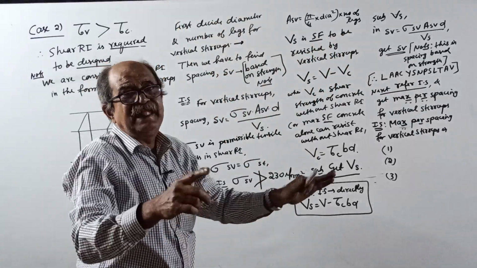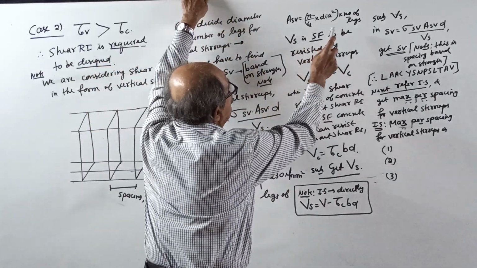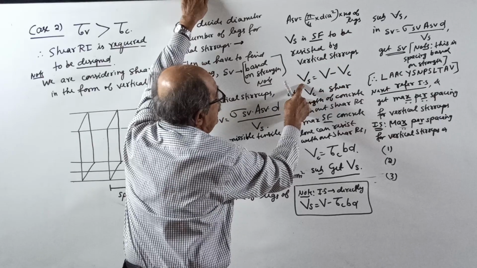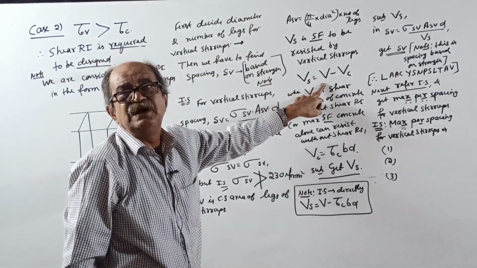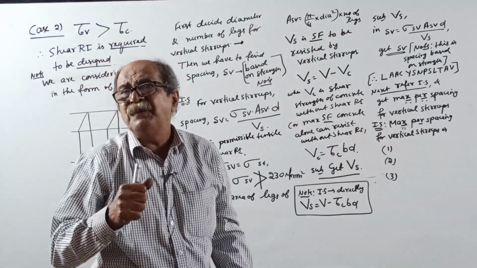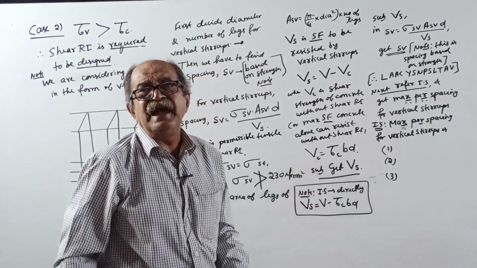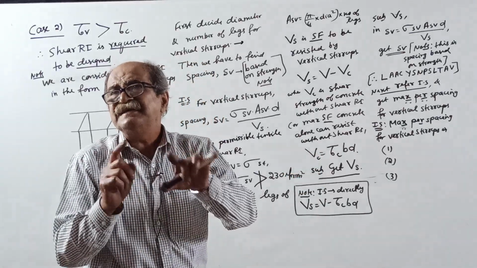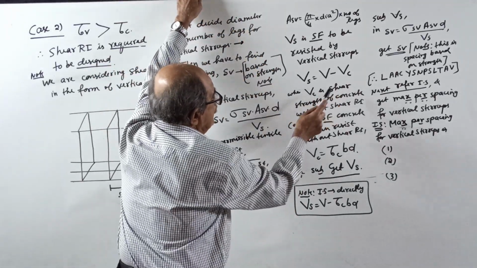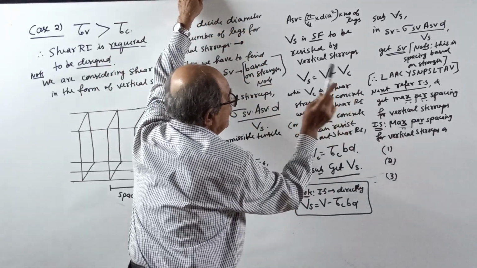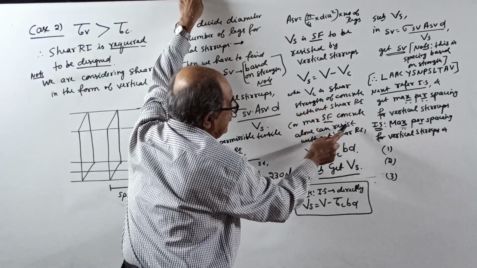VS is the shear force to be resisted by vertical stirrups. Remember, from stress language, you are going to force language now. VS is the shear force to be resisted by stirrups. VS equal to V minus VC. How much is the shear force? Subtract how much shear force concrete alone can resist. See, concrete alone can resist a stress of tau c. The stress you have to convert to force now. Okay, done. Where VC is shear strength of concrete without shear reinforcement, or maximum shear force concrete alone can resist